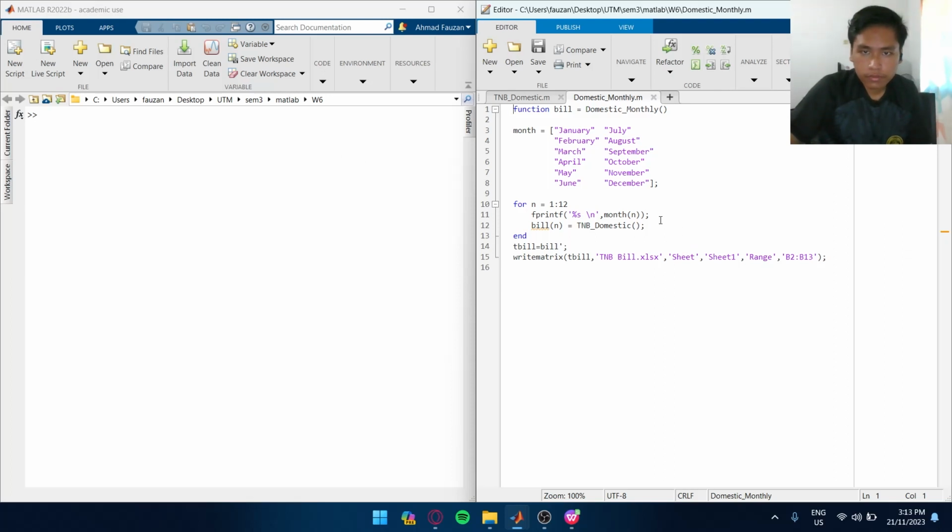And then save the bill inside another array where we call the TNB domestic function,